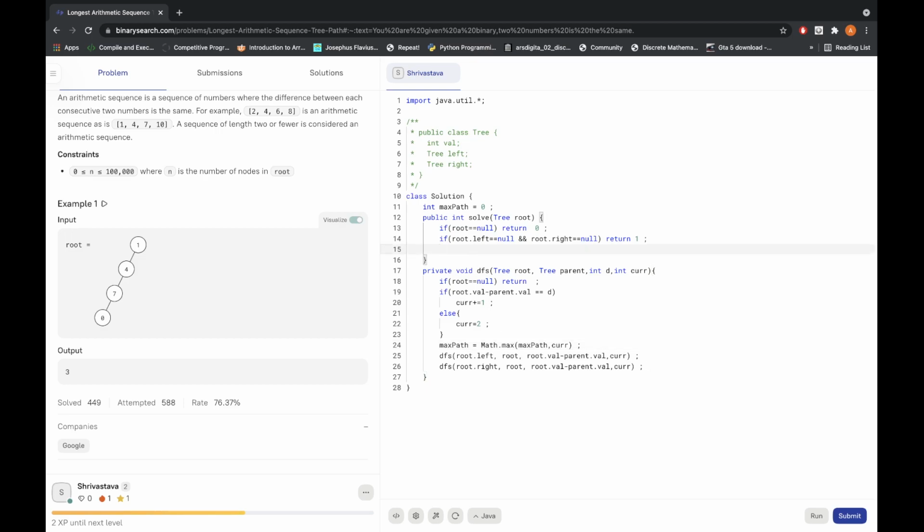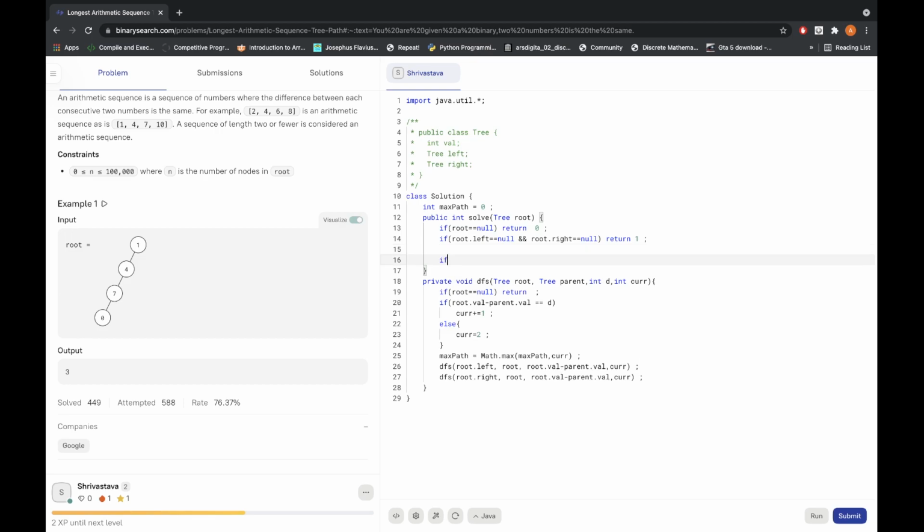So what we need to now pass here, we have handled the two cases of 0 node and 1 node. Now for 2 nodes we will have to actually call the DFS on its left child as well as right child. So we'll have to call a DFS on root dot left, and its parent will be root, and common difference will be root dot left dot val minus root dot val.